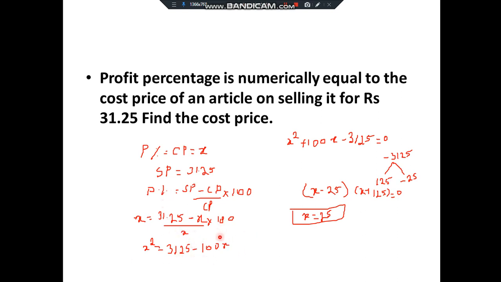So on multiplying 100 inside, the final equation would be x square plus 100x minus 3125 is equal to 0. So we'll have to factorize to get the value. When you factorize, the values will be 125 and minus 25, which is x plus 125 and x minus 25. Since we cannot have cost price as a negative value, we'll have only the positive value, which is equal to 25. Hope you understood. So I want you to try more problems. Please practice more problems. Then only you'll get an idea of in what formula we'll have to substitute all. Only through practice you will get an idea.